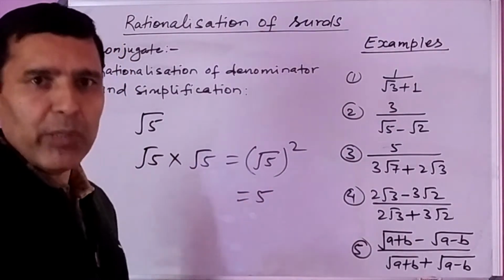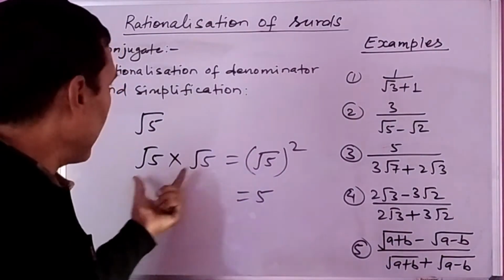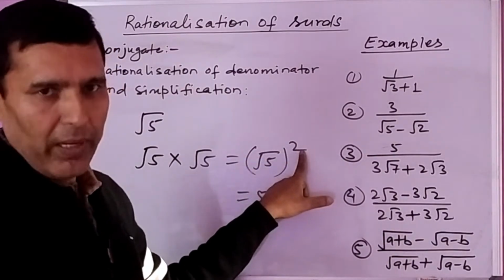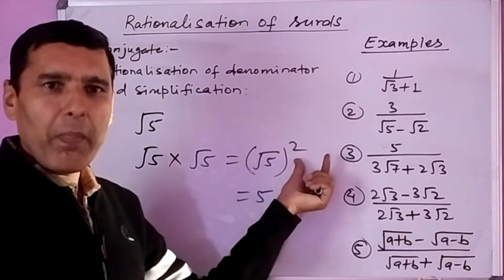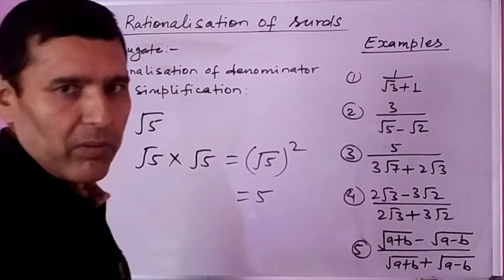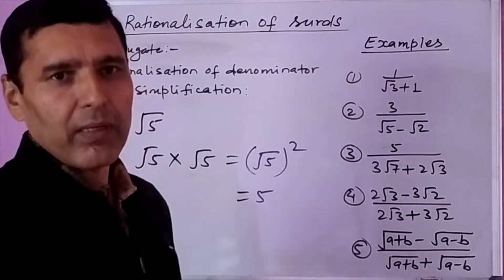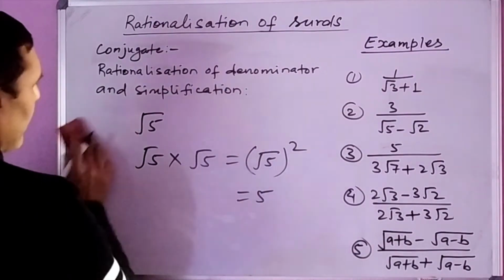Sometimes we may have the cube root also, or a root of any order, by making the order and the power equal. Because when we have the order and power of the surds equal, the root will be cancelled. The root being cancelled means the surd will be converted into a rational number. This is for this type of simple surd.